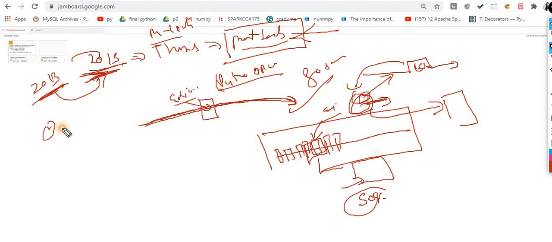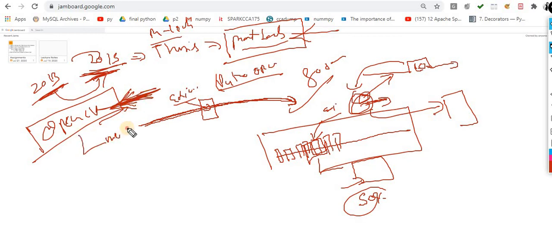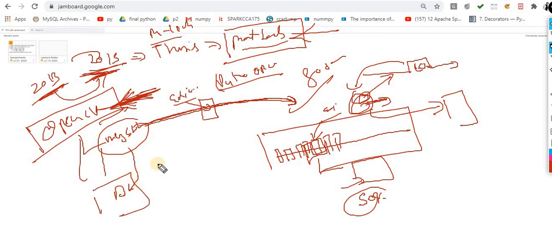So our task is to learn OpenCV, because it is implemented with the help of core Python very easily, and we will move to OpenCV, and after that we will connect with MySQL and try to build the complete project that would detect your face, and the names of the faces come from your MySQL. Okay, so this is the entire solution that we are going to do. So first we will play a little bit with OpenCV.